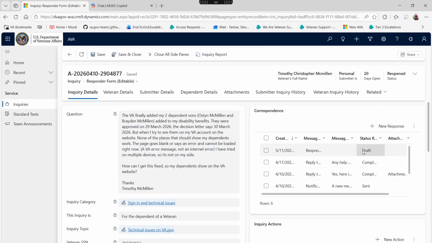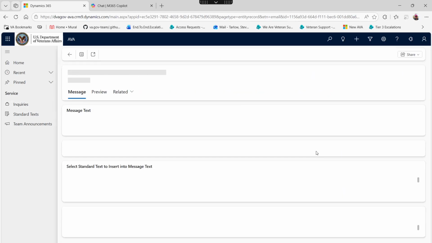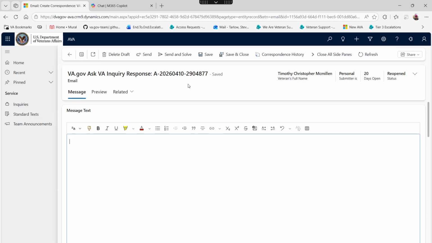So you see it keeps a draft on there anyway, which you can go in and manually delete if you want. It doesn't really matter a great deal, just as long as you aren't sending blank messages or things that are inappropriate to the user, not what they asked for. All right, so here's our template. Normally, like I said, you can send and solve, or